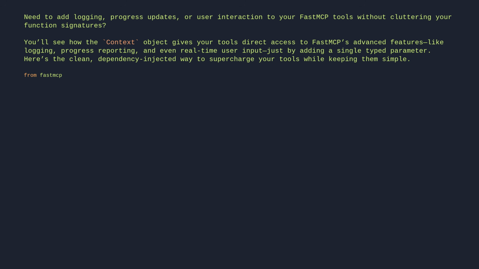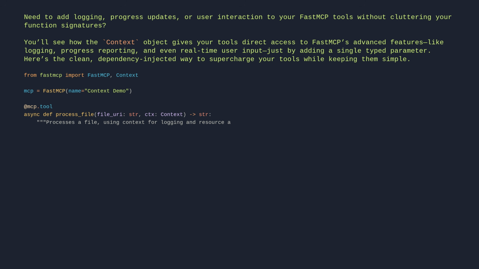From fastmcp import FastMCP, Context. mcp = FastMCP(name="context-demo"). @mcp.tool async def process_file(uri: str, ctx: Context) -> str: """Processes a file, using context for logging and resource access.""" # Context is available as the ctx parameter. return "processed file"